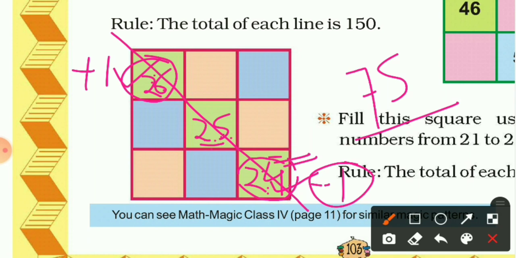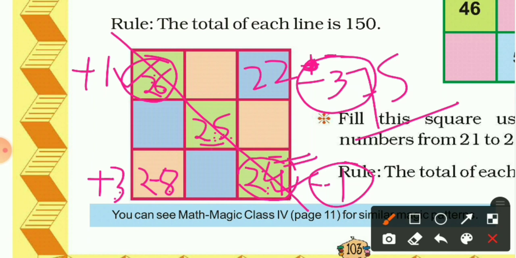Similarly, for this box we have to take minus 3, and for this box we have to take plus 3, means we have to add 3 with 25 to get this number. So it will be 28. 25 plus 3 is 28, and 25 minus 3 you will get 22. Okay, and you can see that their sum is also 75. You can add it. 8 plus 5 is 13. 13 plus 2 is 15. 5 is here. Then 1 is 2, 3 is 6, plus 1, 75. Yes, their sum is also 75.